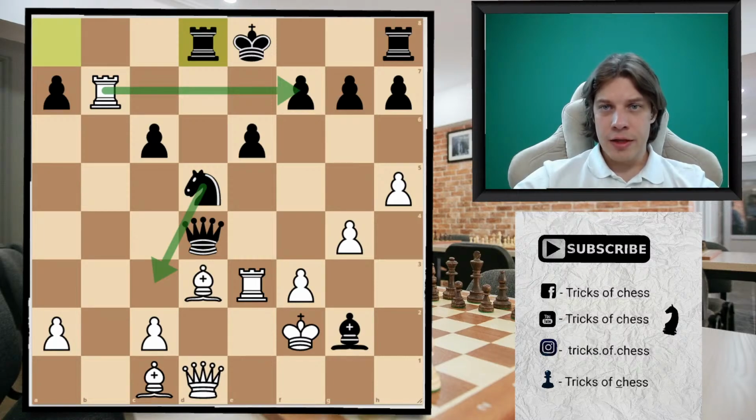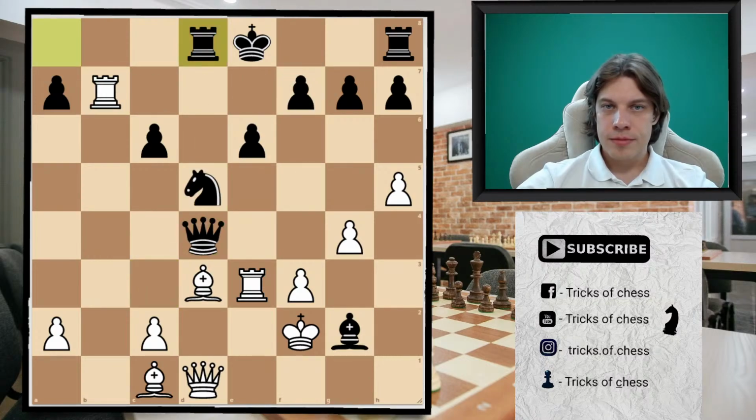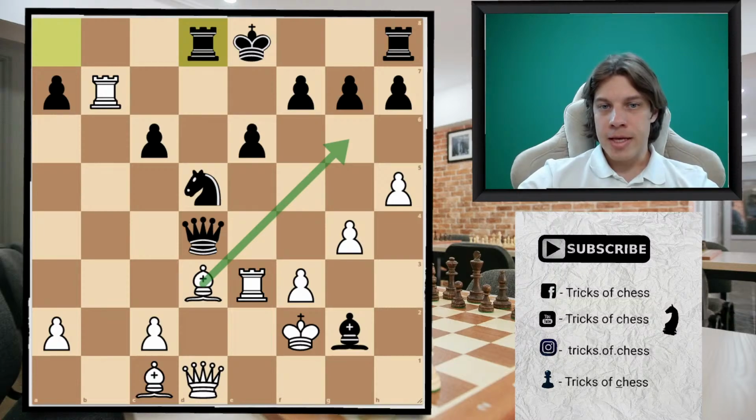Rook f7 is a kind of tempo move that forces a certain reaction from black. Knight to c3 attacks the queen, but the main point of this move is to protect the queen. White queen moves, and then black can capture on f7, and that's it. The other thing you may say is bishop g6, but the problem of bishop g6 is that there is no checkmate. Queen takes d1,